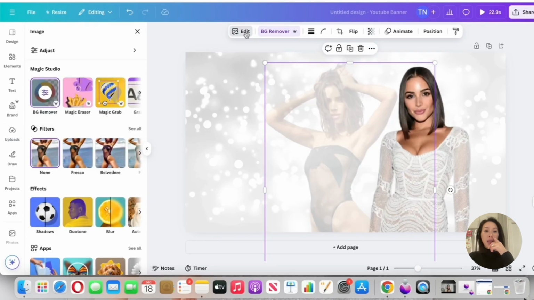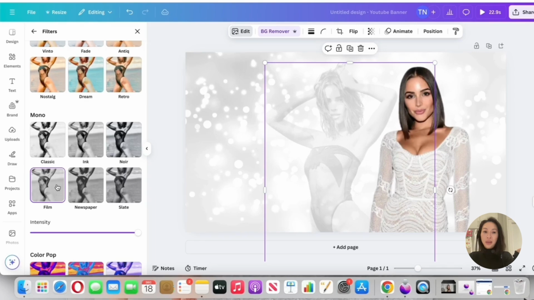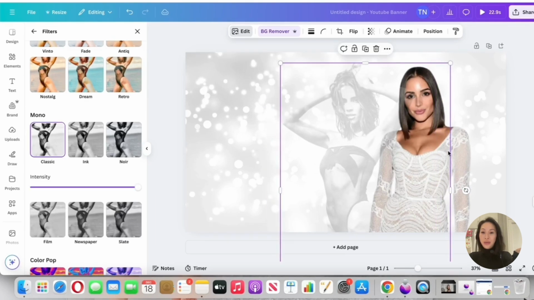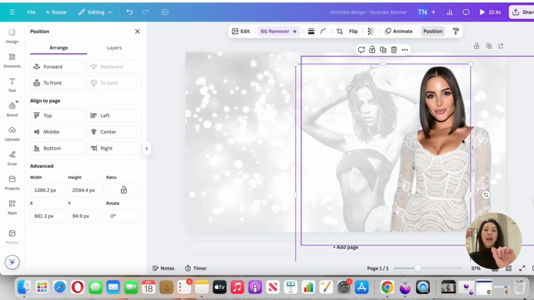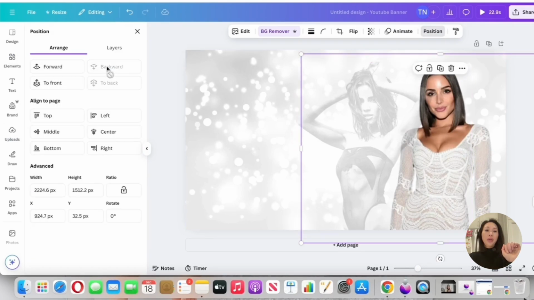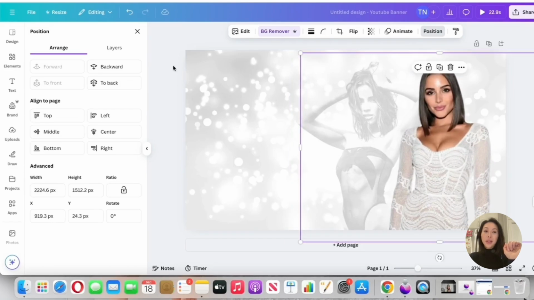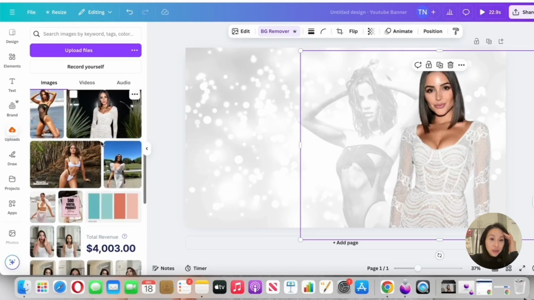So let's go into edit, go to filter, see all, scroll down, and I'm gonna pick something like this. I really like this one. Okay, so once you have that done, I'm gonna click on position and I'm gonna put it behind this photo here. So go to backwards, you see that? And go to forward, it'll be like that, backwards. So this one is forward, this one's backwards,